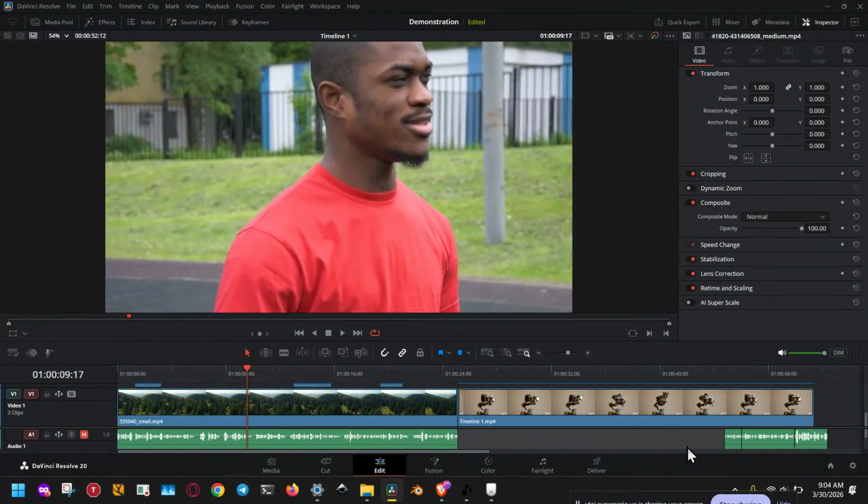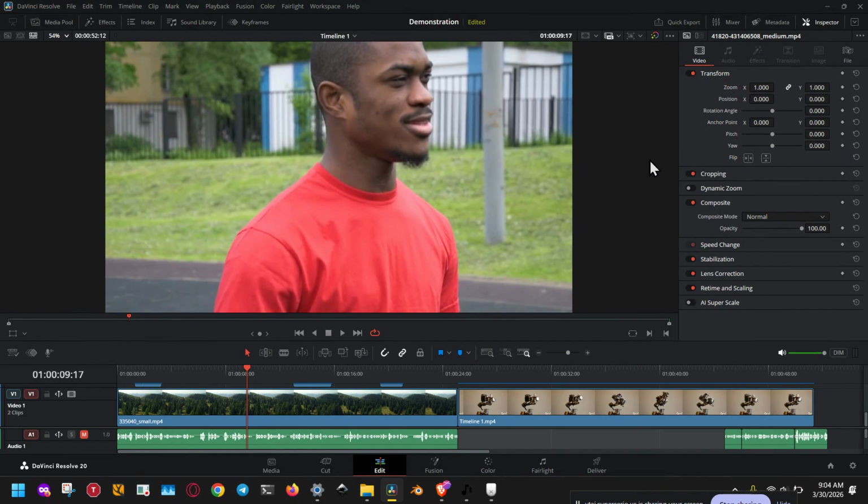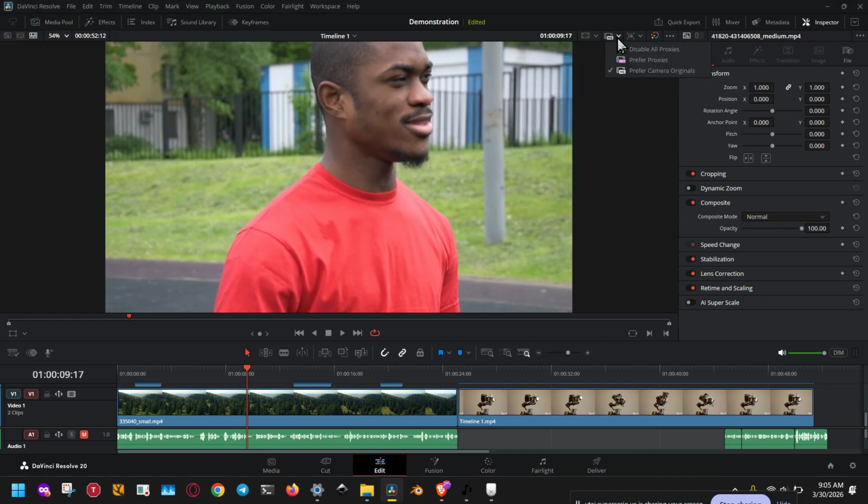In today's video, I'm going to show you how to use the Edit Page Toolbar and selection modes in DaVinci Resolve 20. If you're new to Resolve, this is one of the most important areas to understand because it gives you fast control over how you move, trim, cut, and organize clips on your timeline. By the end of this tutorial, you'll know exactly where to find each tool, what it does, and when to